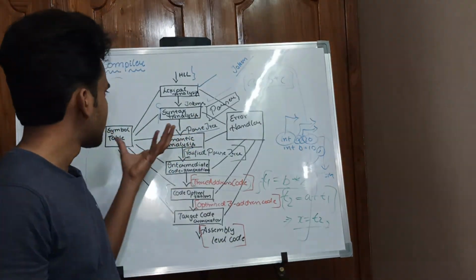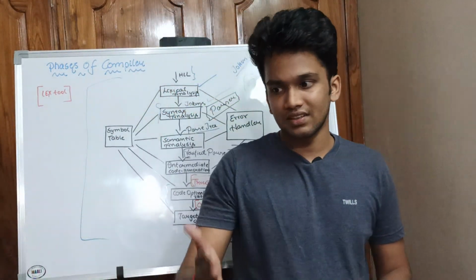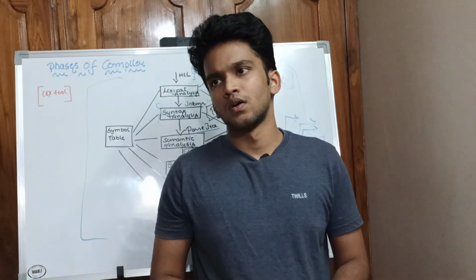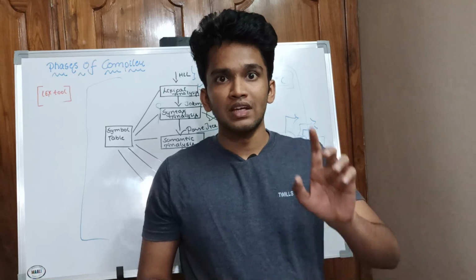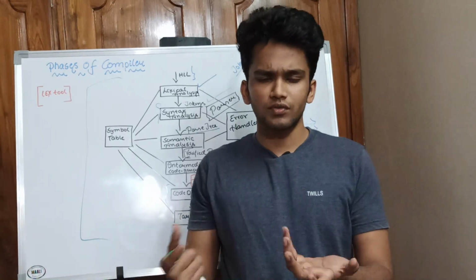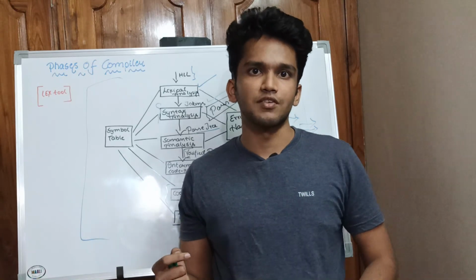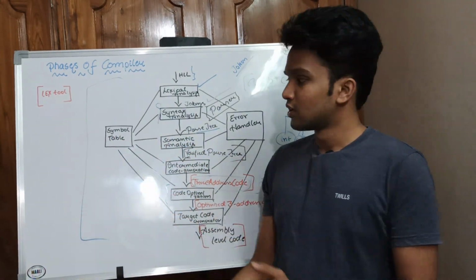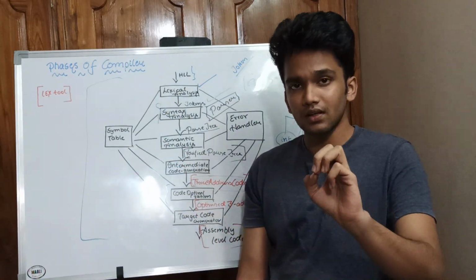And coming to the error handler and symbol table, as I said, to check whether the parse tree is correct or not, how do we check whether it is defining the language or not? C is a language, it has certain syntax and certain rules. Whether those rules are followed or not, the symbol table is used, right? Because it contains a lot of things: identifiers, variables, keywords and everything, and it checks with it at every stage. But at the parse tree stage this is most vital. That's why the symbol table is connected to every stage of the compiler.